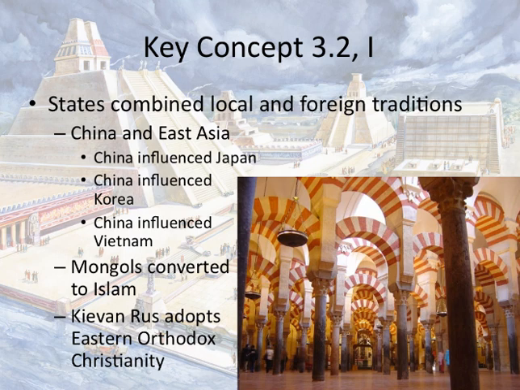Now, they keep their writing system and they do keep some elements of Confucianism and some elements of Buddhism. However, in all three of these cases, Japan, Korea, and Vietnam, they develop with some Chinese influence,